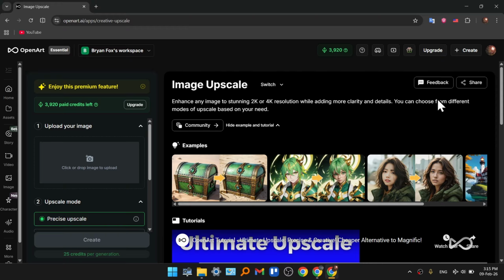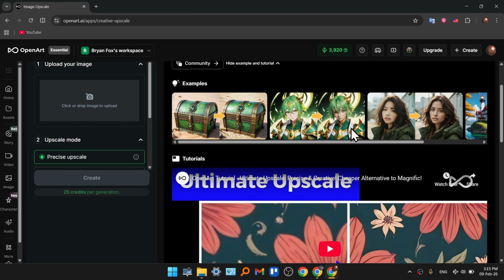So one of the platforms that I use for this is called OpenArt AI. Among the other features that it also has is the image upscale, as you can see. So you just go into this section on the website. In here, you just choose the image that you wish to upscale, right? You just click here, upload the image, and then, as you can see, we have the precise upscale, and you